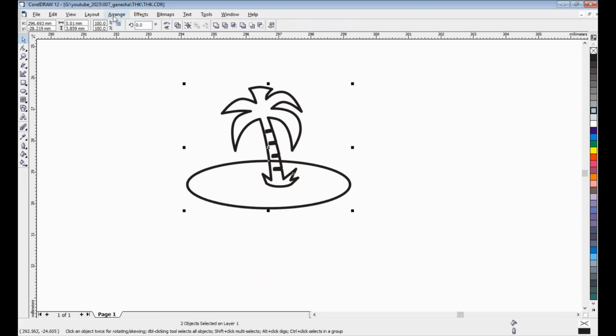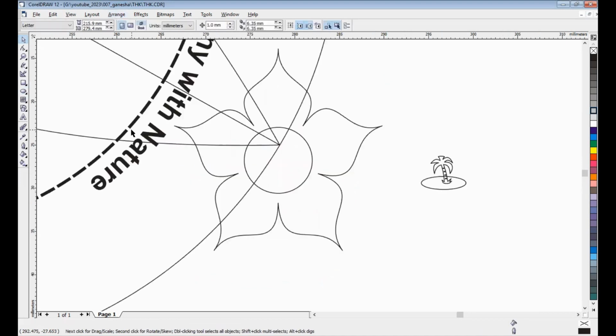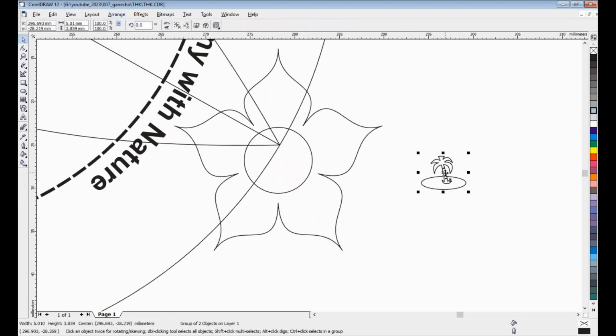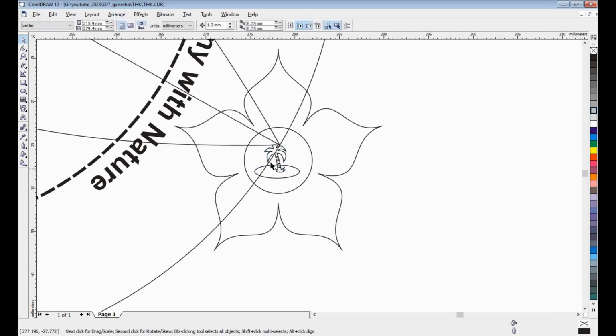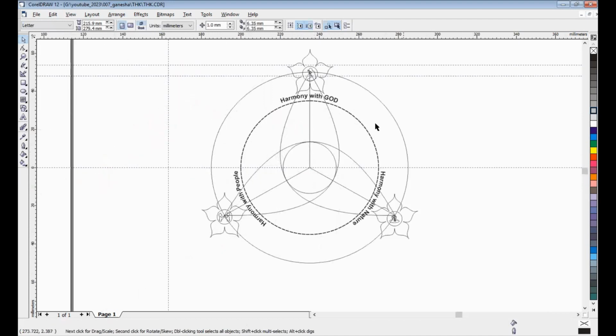After that we can place it on this. Yeah, that's it. It's great. If we want to color this, it's much better.